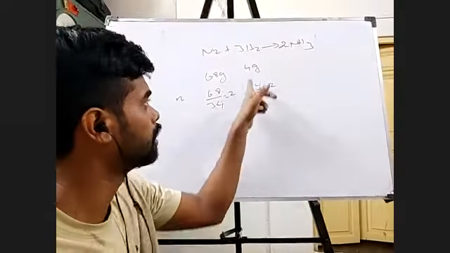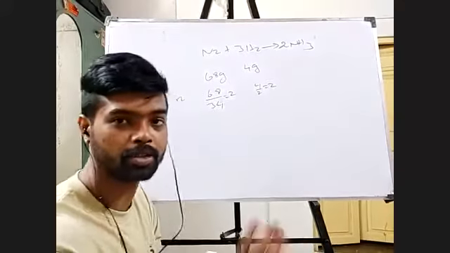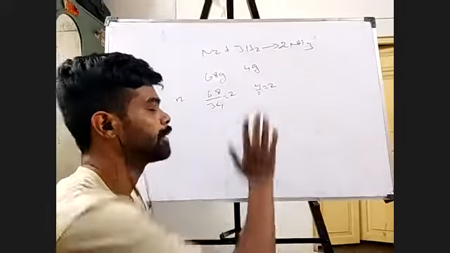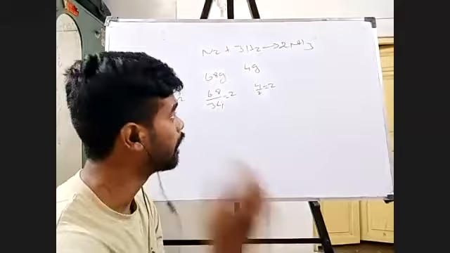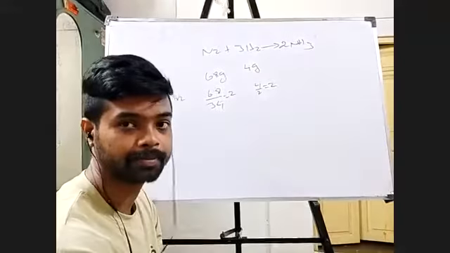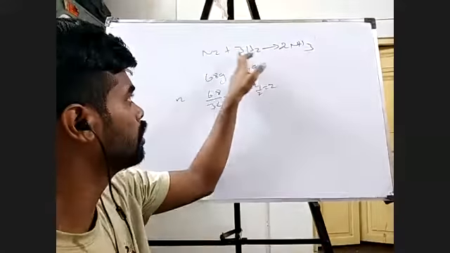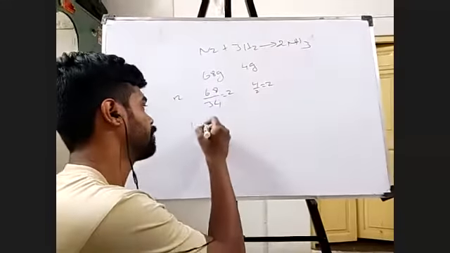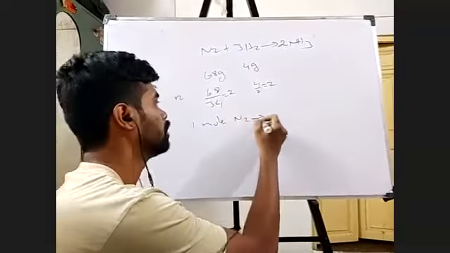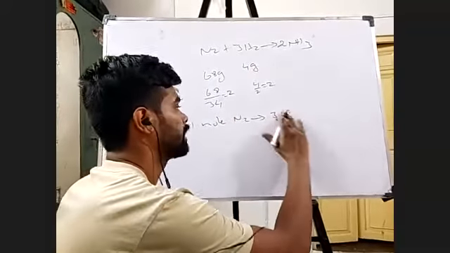4 divided by 2 will become 2 moles of H2. So I have 2 moles of N2 and 2 moles of H2, right? Now if you look at the stoichiometry, 1 mole of N2 requires 3 moles of H2,